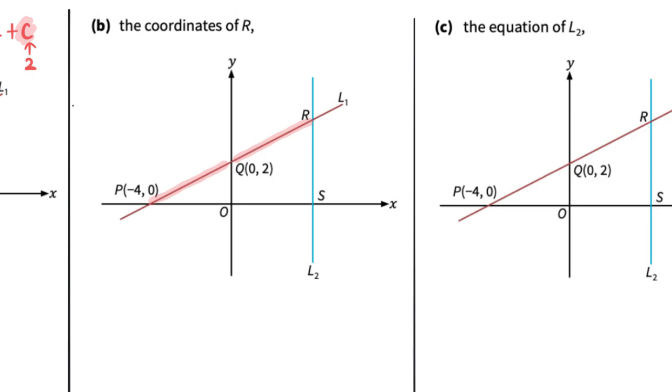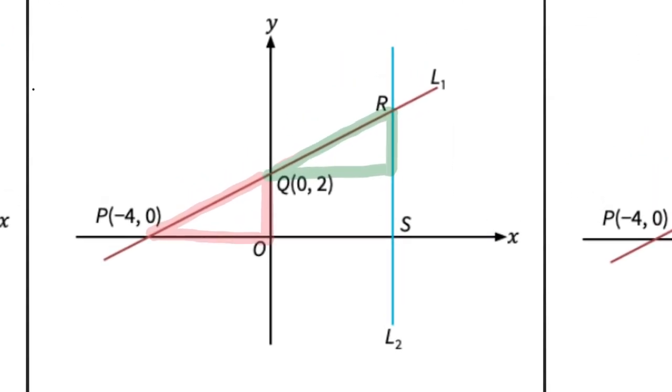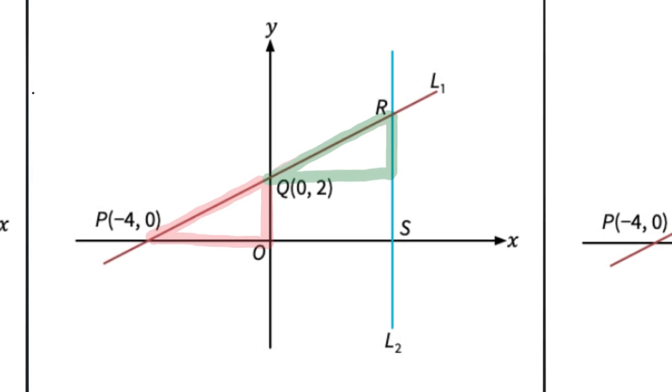This is a very, very important piece of information because this means that the triangles that I am going to draw are the same. Yes. And therefore, all I have to do, I'm going to focus on this diagram now,